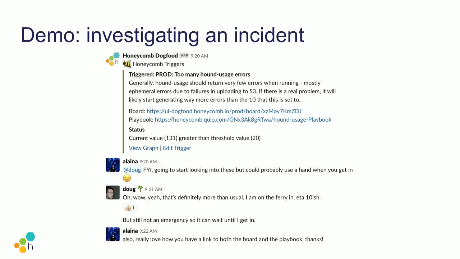So here's an example of us getting an alert that we want to go investigate. An engineer on our team, Doug, has just finished doing a big refactor of a piece of software we call Hound Usage, and he set up this nice alert, or in Honeycomb speak, we call them triggers, to report if the error rate for Hound Usage is higher than what we'd expect. Looking at this alert, it looks like we've seen 131 errors in the last 10 minutes,